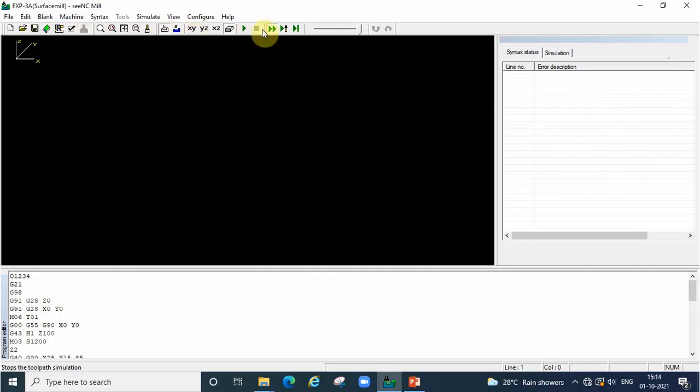Okay, these are all for simulation purpose. These are all for zooming options, views. This one is a line command and solid mode. These are all zooming options. These things already we know. Both are same. Blank. Okay. Blank. Machine. Syntax, tick mark. Say both are same. Anyone we can select.